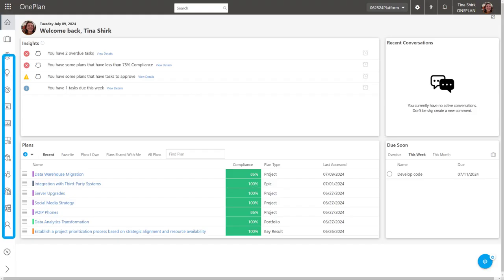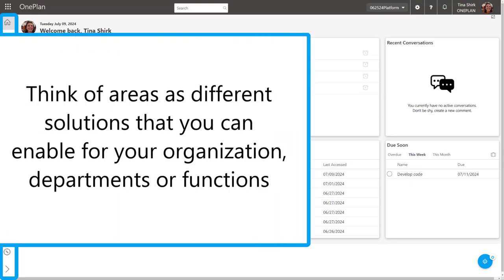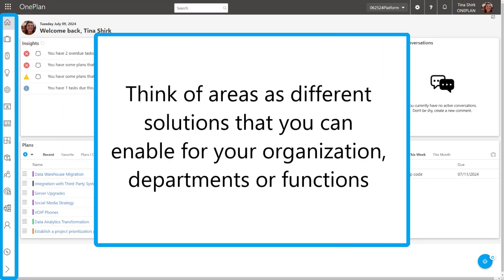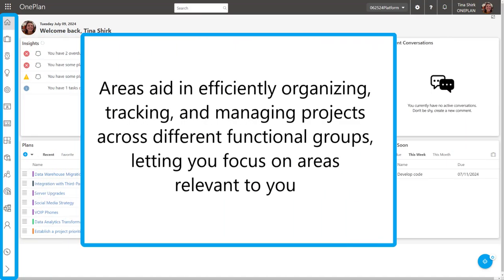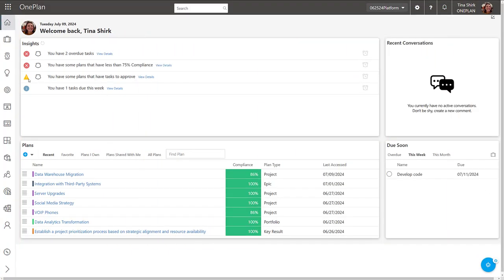In OnePlan, the left navigation menu lets you see the various areas that you've been given access to. Think of areas as different solutions that you can enable for your organization, departments, or functions. OnePlan areas aid in efficiently organizing, tracking, and managing projects across different functional groups. This gives you a streamlined view, letting you focus on areas that are relevant to you, such as the ideation